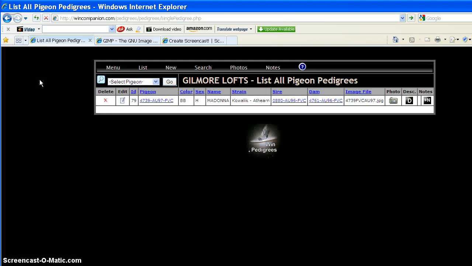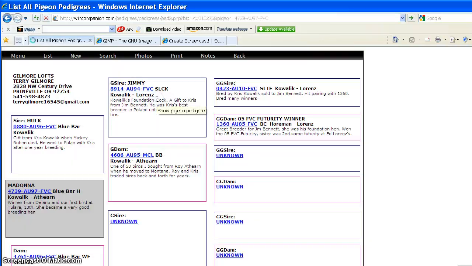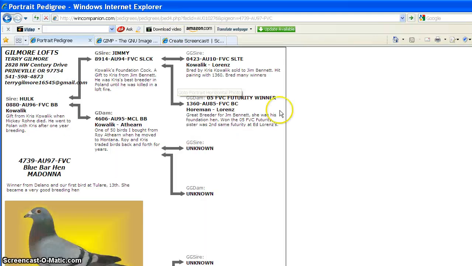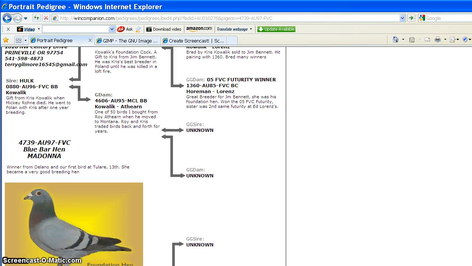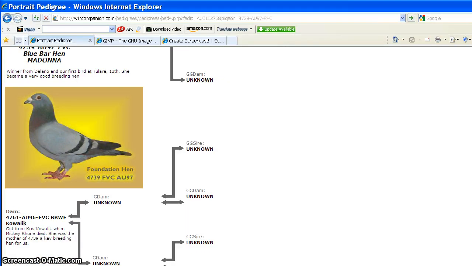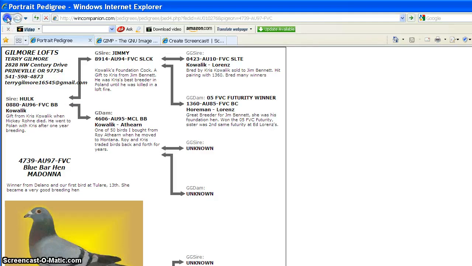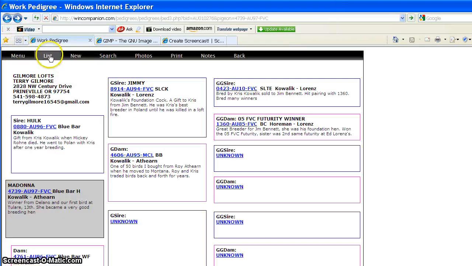There she is. Now let's go look at her pedigree, and let's look at one with a photo on it. And here she is in all of her glory and splendor. At any rate, so we'll hit the back button now. We'll go back to our list,